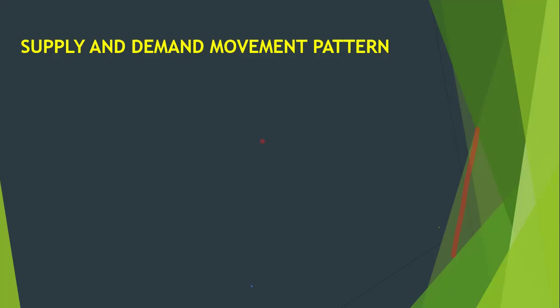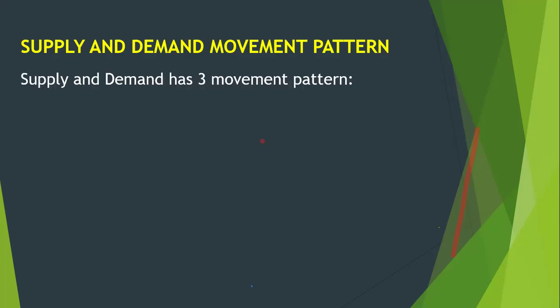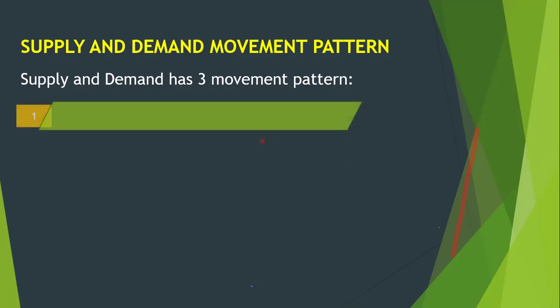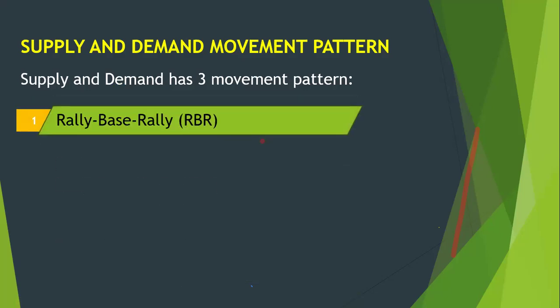So you need to learn what I'm about to talk about right now. You need to learn this movement pattern, irrespective of the trading strategy you are using. So supply and demand has three movement patterns. Number one, rally-based rally. What is rally-based rally? How can we spot this? How can we make use of this rally-based rally? Now, when we talk about rally-based rally,